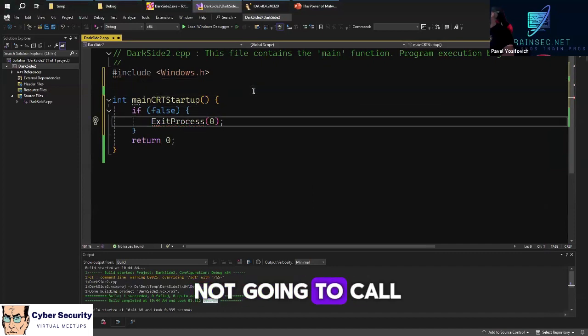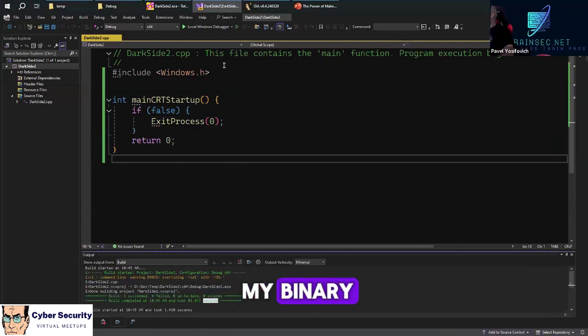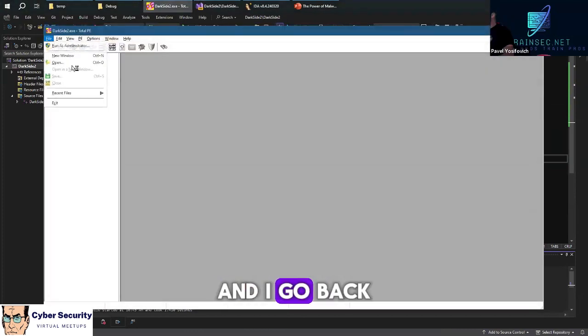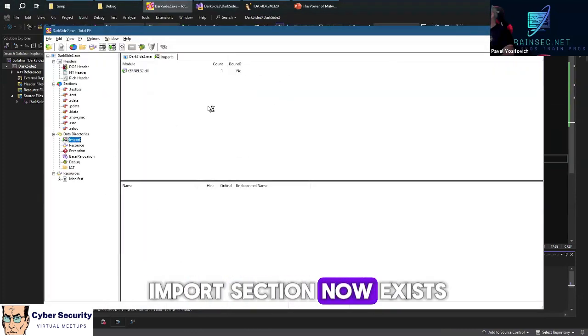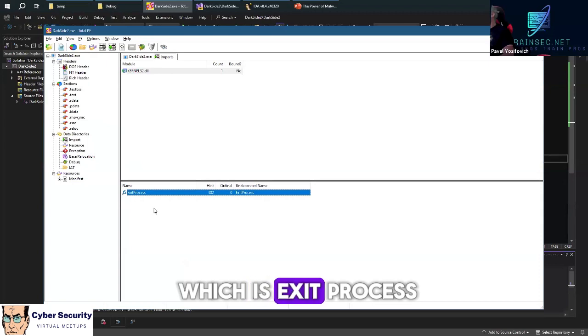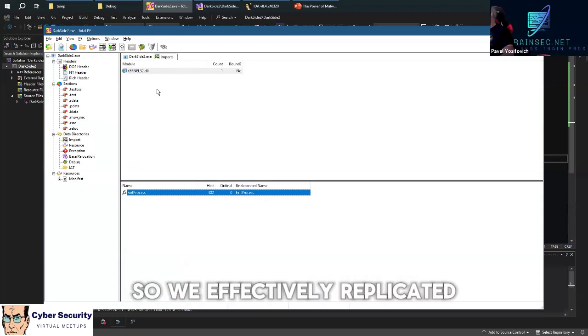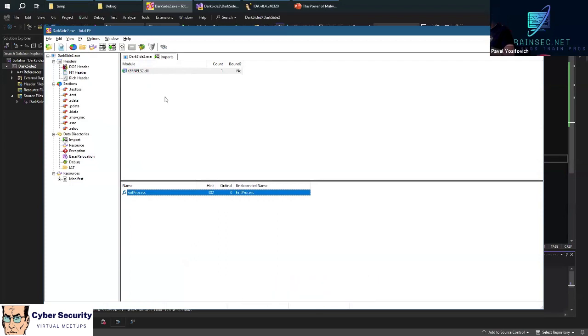I'm not going to call this function, but the fact that it appears will actually force the linker to add an import section for my binary. So if I build this now and I go back to my total PE here, we can see an import section now exists, and there's a single import module, which is kernel32, and a single import, which is exit process. So we effectively replicated what we have in the DarkSide ransomware.